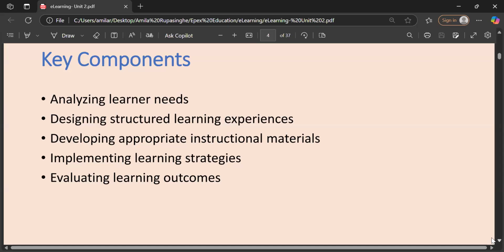Developing appropriate instructional materials. Then after we decide the learning experience, we have to design or develop our instructional materials. Here, instructional materials means subject material, some kind of notes you need, basically, simply. At least we give you PPTs, right? Then we give you references to find out and learn, because you are in tertiary education, university level.